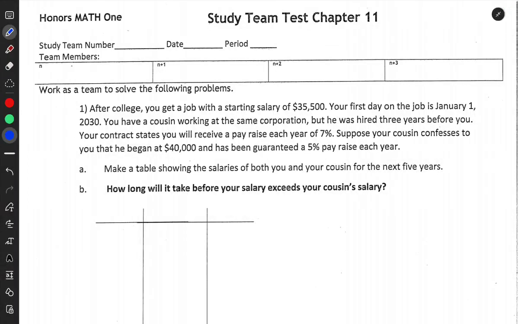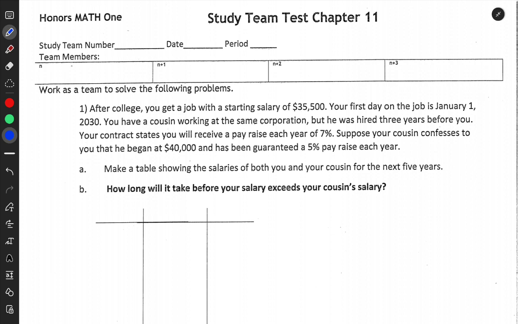I'm going to be going through the study team test that we took today in class. The plan is on Friday, you'll be taking the individual test. So I'm going to post this video tonight and get these back to you so that you can take a look at them before you show up to class on Friday. So the very first problem we have here asks us to